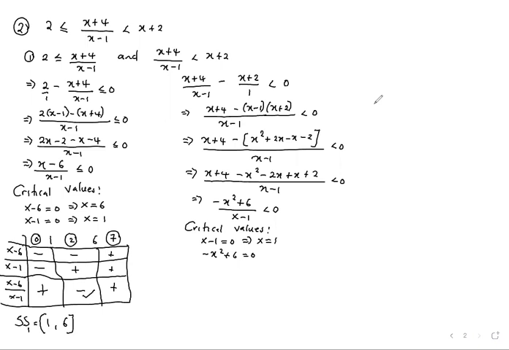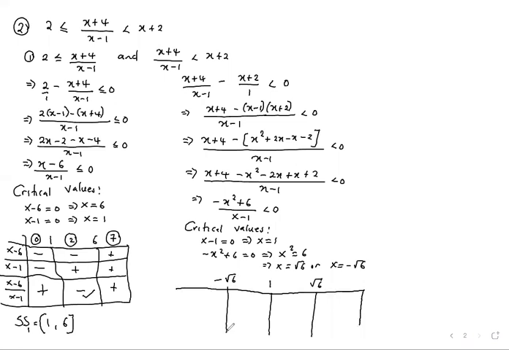So from this one, we get that x squared is equal to 6, giving us x is equal to root 6, or x is equal to negative root 6. And then form a table: negative root 6, 1, and positive root 6. So we have a line demarcating here, another one demarcating there, another one demarcating there. Move like that, and then get